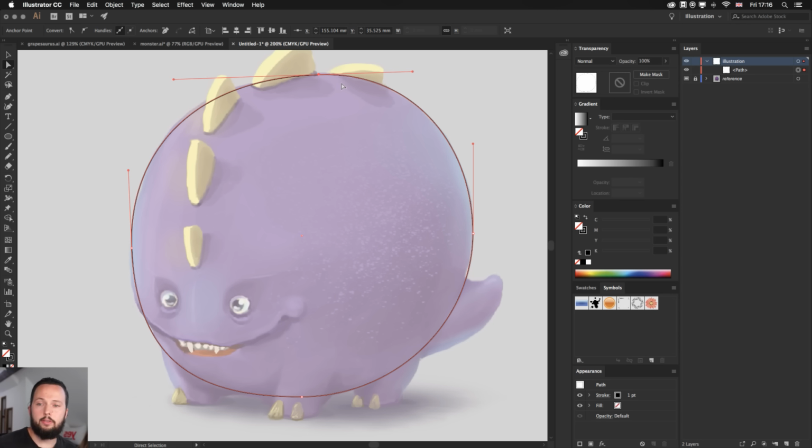Of course, you don't have to always exactly recreate the original design. You can alter it slightly, so you can always go off a little bit from the original design. So I'm not going to restrict myself too much. It's just a reference anyway. So once I have the shape in place, I actually like to put the most important shapes in the illustration straight away without first starting coloring things. And the most important details in this case would be the limbs and the tail. So let's just draw these.